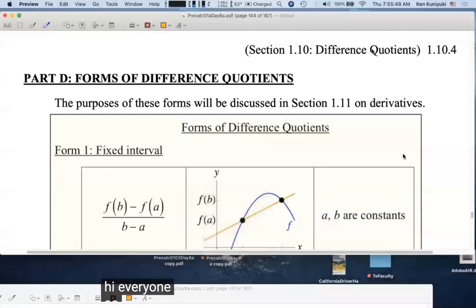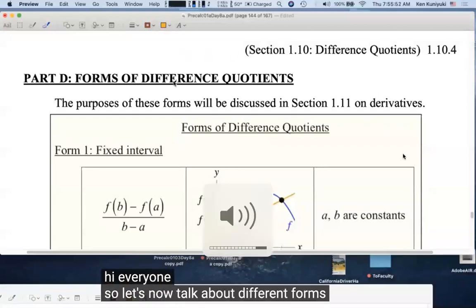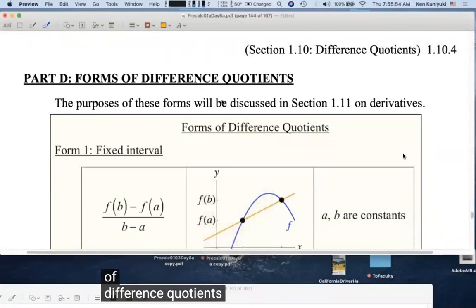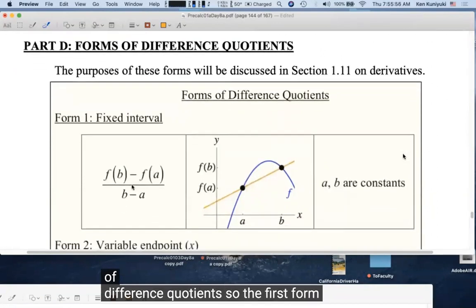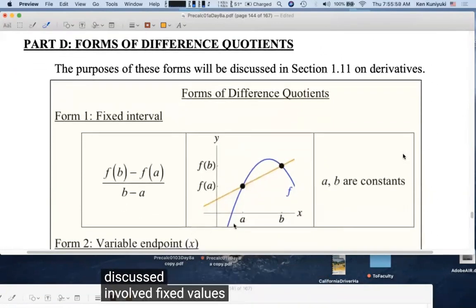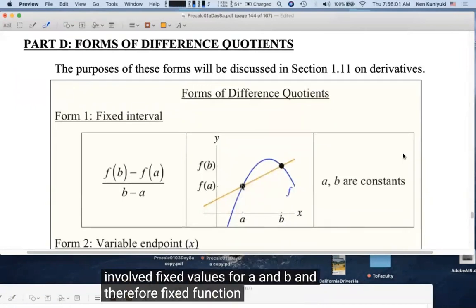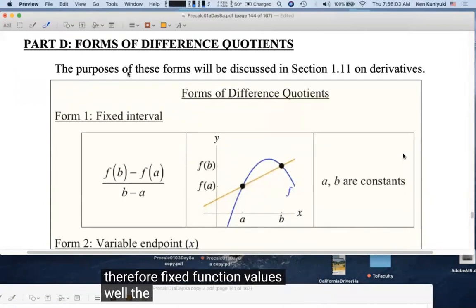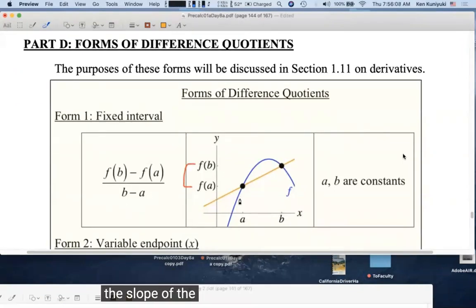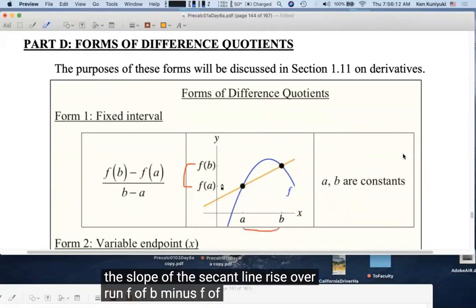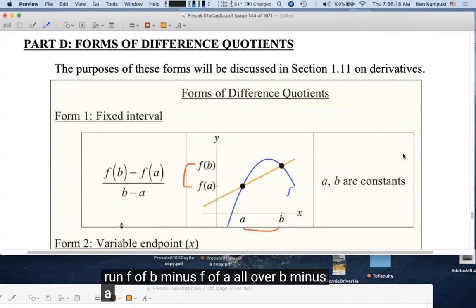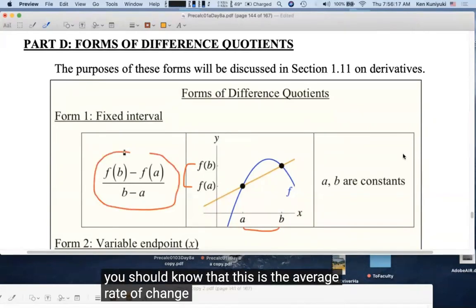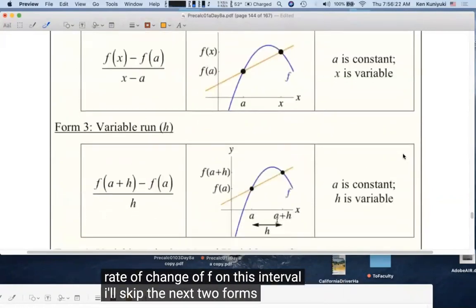Hi, everyone. So let's now talk about different forms of difference quotients. So the first form I discussed involved fixed values for a and b, and therefore fixed function values. Well, the form of the difference quotient is the slope of the secant line, rise over run, f of b minus f of a all over b minus a. You should know that. This is the average rate of change of f on this interval. I'll skip the next two forms. I'll go straight to form